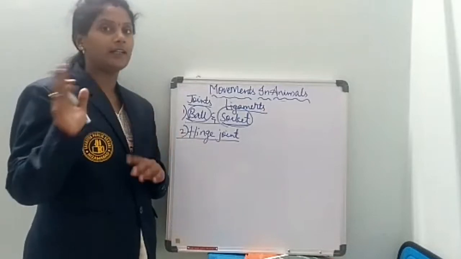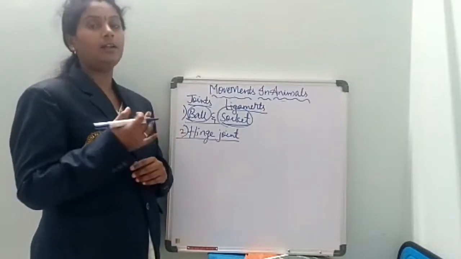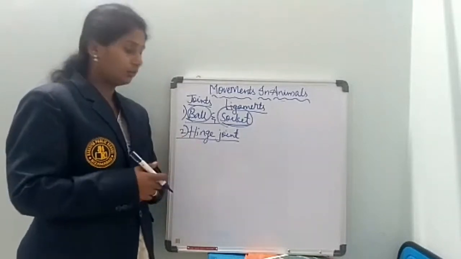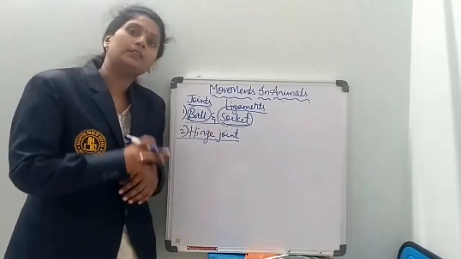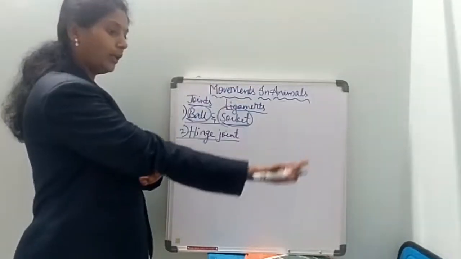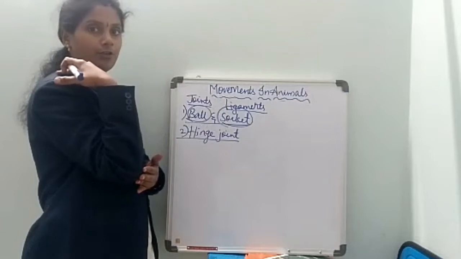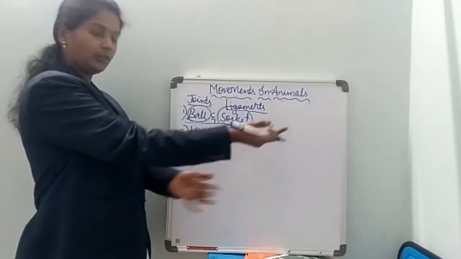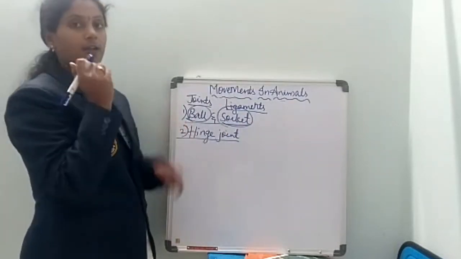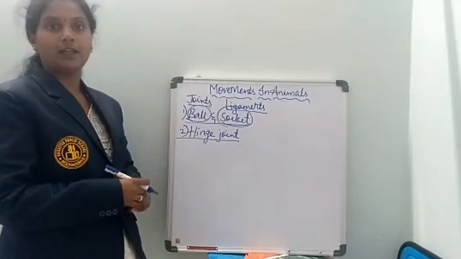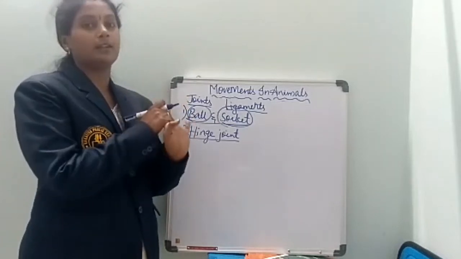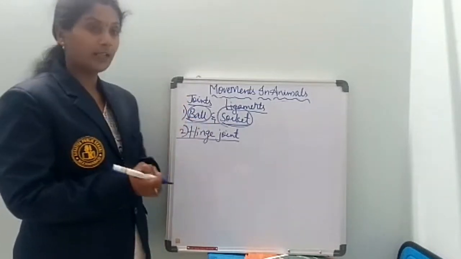As an example, we can take our doors. They open only in one direction, either inside or outside, not to the two sides. In our body, you can guess now in which cases you can see the hinge joint. For example, in the elbow region, your hand comes towards your shoulder in this direction only, but it does not touch the back of your hand. That means in the elbow region we can see the hinge joint, and in the knees also. In the fingers too, they come only to the front, but do not go to the back. In these cases you can see the hinge joint.